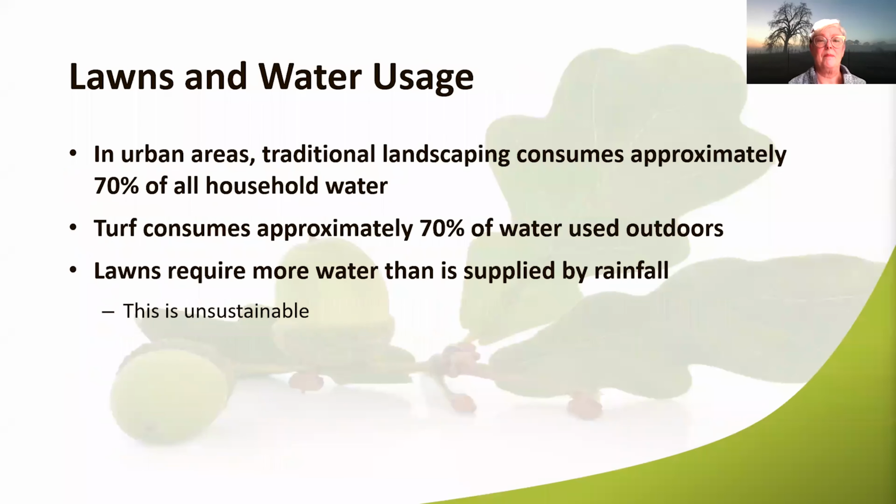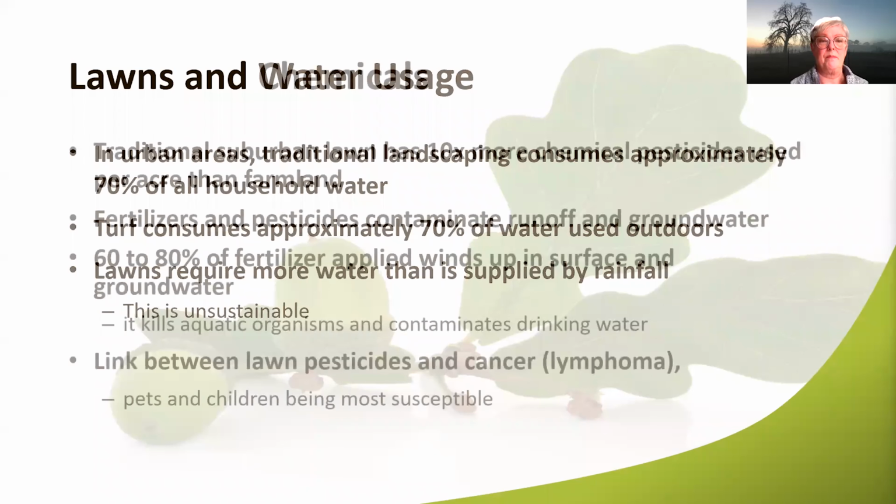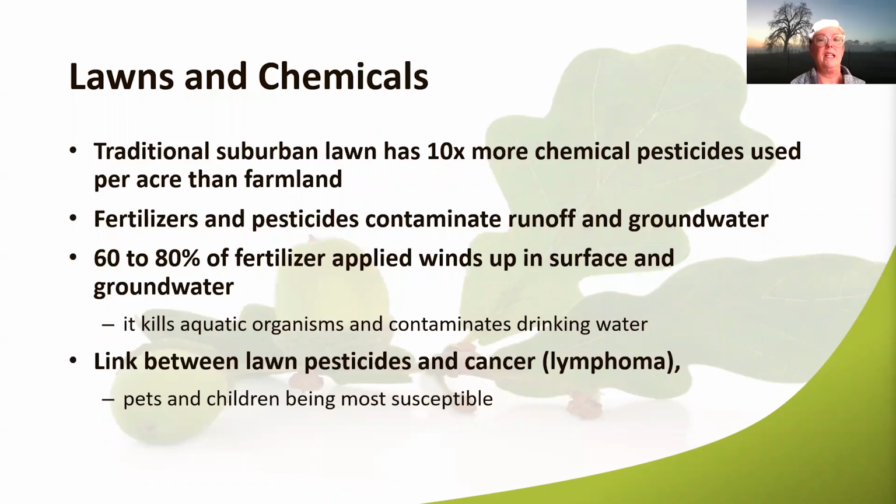I really don't want to spend a lot of time talking about lawns, but the water use is substantially higher than other plant materials, period. And it's not sustainable. A lot of people want the perfect lawn, and that's why they use 10 times more chemical pesticides per acre than farmland to try to achieve that goal. And then there are all the other aspects in terms of